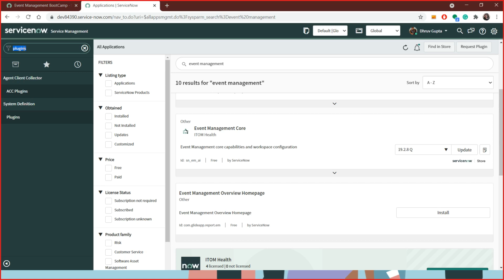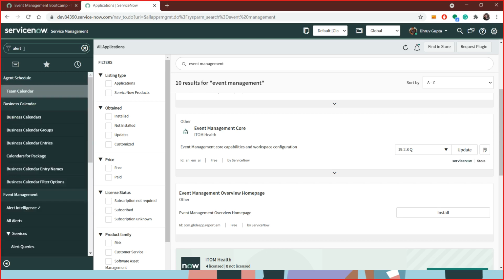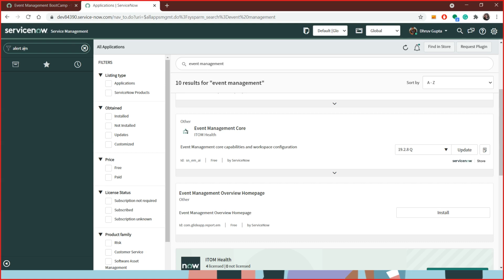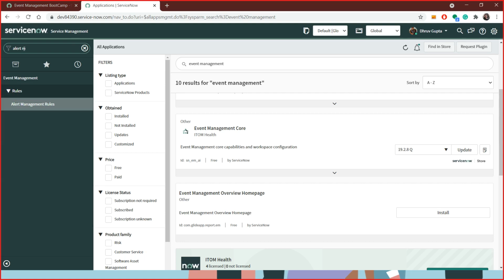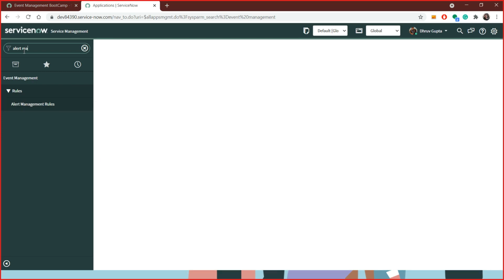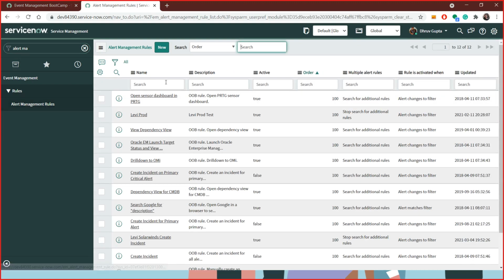Okay, so is it done in event management itself, or does it come under orchestration? No, you need orchestration for that, but the things that you are doing are configured under the alert management rule, where you create subflows or workflows and trigger those flows. In that flow it could be anything.